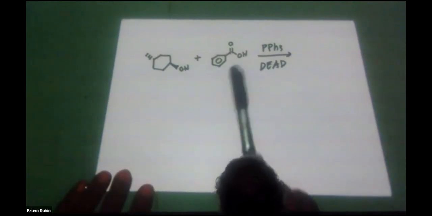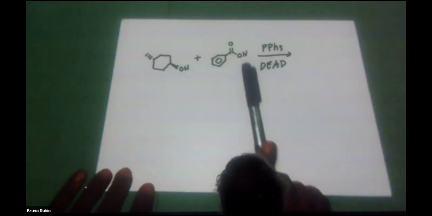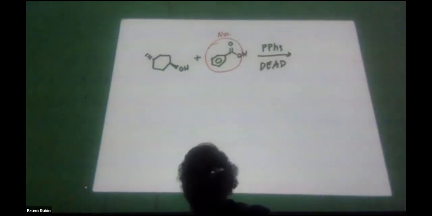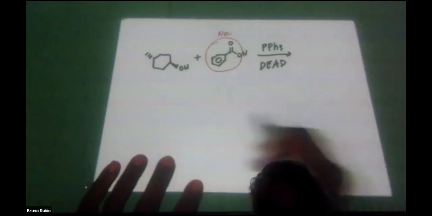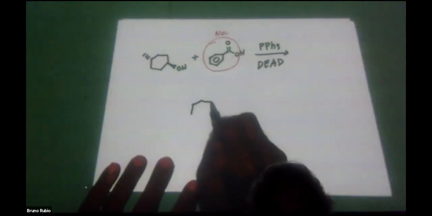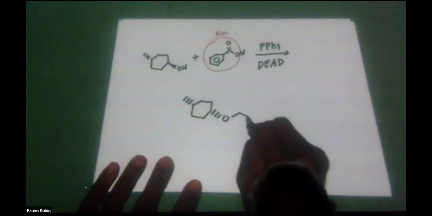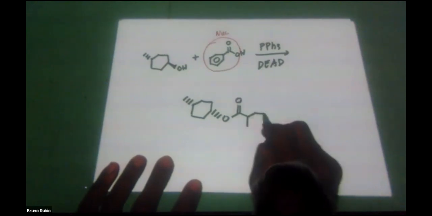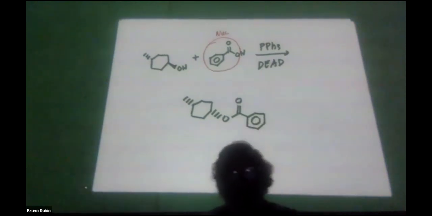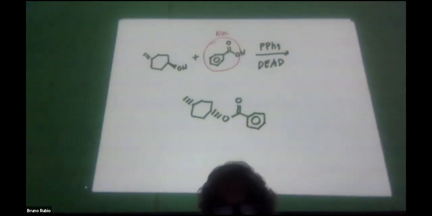So there's the nucleophile. It's a carboxylic acid. pKa of the carboxylic acid is about 5, so that's good. And so this part here, I'm circling it, that's the nuke in H-nuke. And it happens with inversion. So the product here is going to be dash, dash, dash, dash, dash, dash, O. It's a way of making an ester in one step. We'll talk about the mechanism next time. All right, so